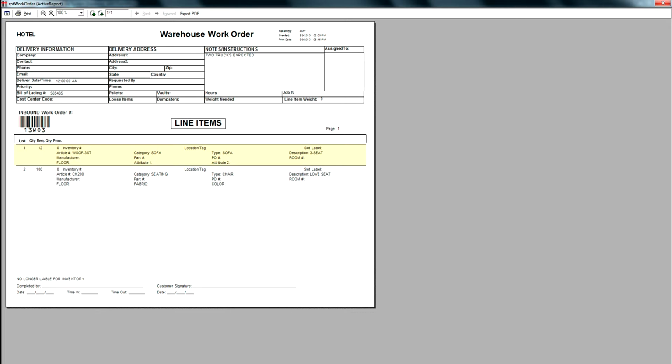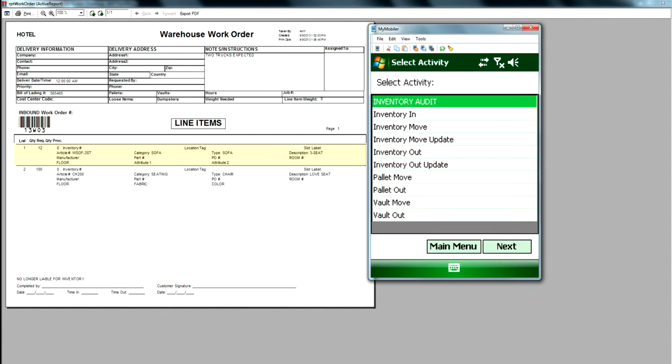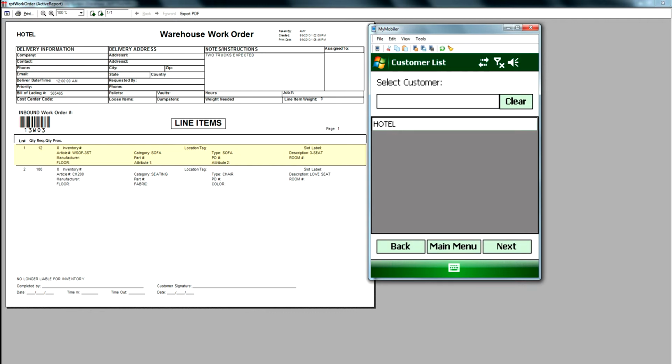So once you've created your inbound work order, you can then hand it off to whichever warehouse person you like. And then they go on the scanner. They log into the scanner. They do select activity. Inventory in, because it's an inbound work order. Next. For which customer, they select the customer, and they can have this work order on a piece of paper once they print it in front of them so they can refer to the work order itself, the order,